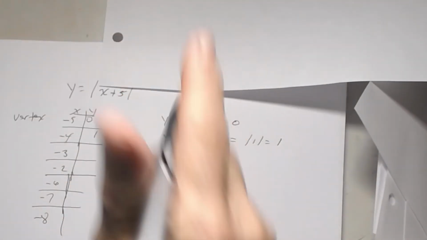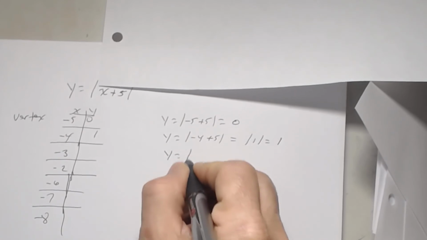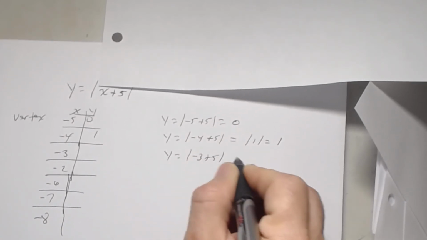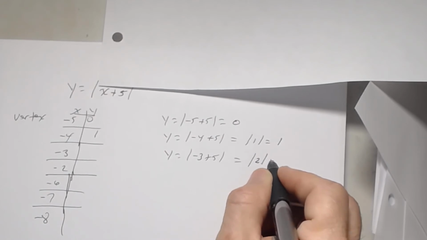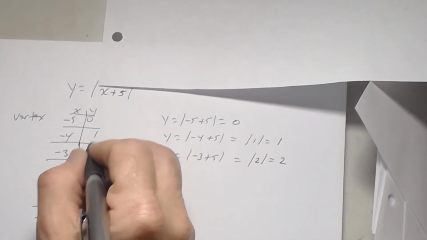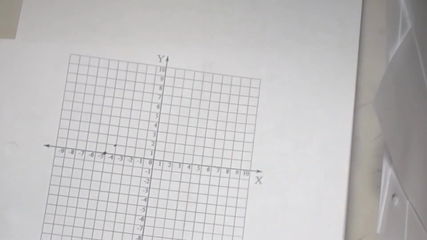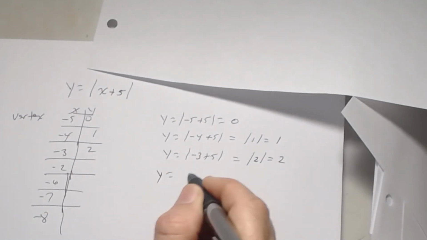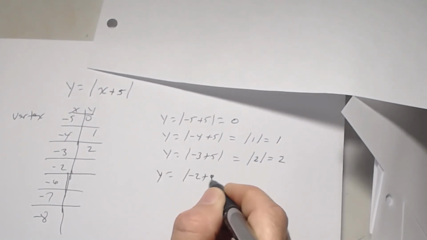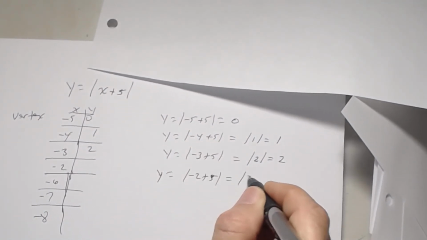When x is -3, I get y equals absolute value of -3 plus 5, which is absolute value of what number? 2, right? Which is just 2. So -3, 2. When x is -2, I get y equals absolute value of -2 plus 5, which is absolute value of 3,